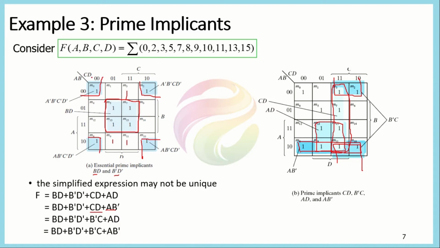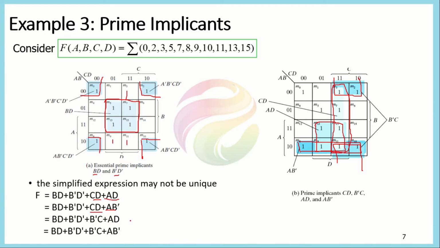Similarly, if we consider these prime implicants as the next one, we could consider them as before, and then we could form another two combinations. One is this one, and the other one that we could represent is these fours. We could also represent this because these ones are already added in the essential one. So we could add the remaining ones as this one. This will give us the AD term, which is expressed here.